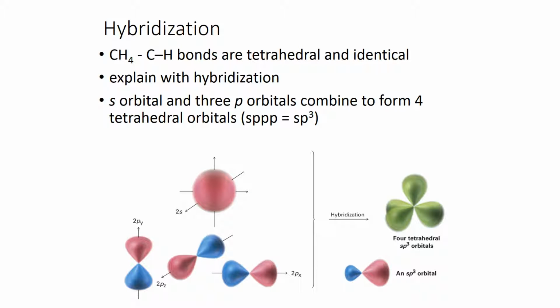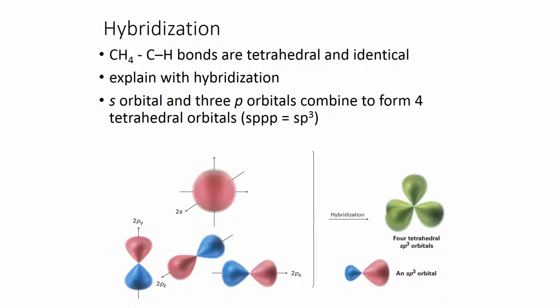Hybridization is another way that we explain bonding in the valence shell, and it is one of our more sophisticated ways of explaining bonding, and it seems to predict a lot of things correctly. So this model is a pretty good model. If we look at